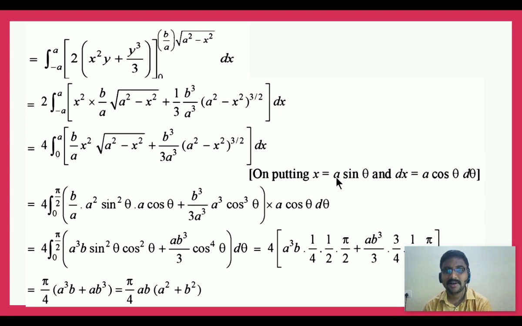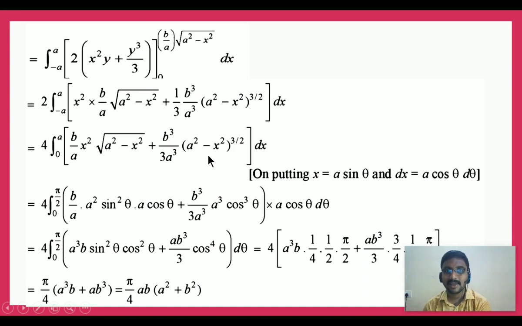By the substitution x equal to a sin theta, that is dx is a cos theta d theta. While putting these values, don't forget to change the limits also. These are the limits for x; now we change them to theta limits. When x is 0, a sin theta is 0, which implies sin theta is 0, so theta is 0. When x is a, a sin theta equals a, a gets cancelled, sin theta is 1, so theta is pi by 2. So these are the limits related to theta.